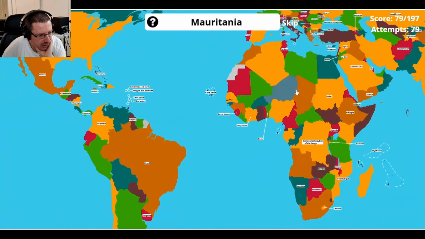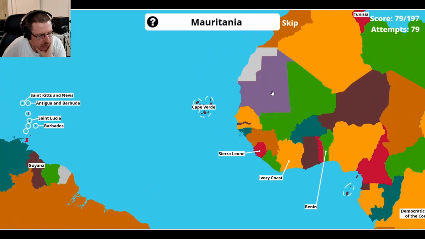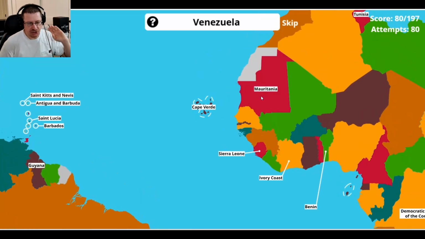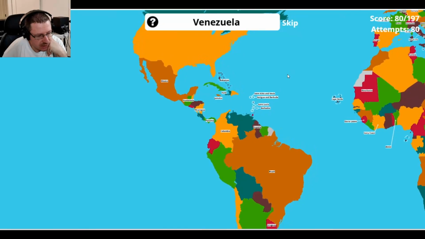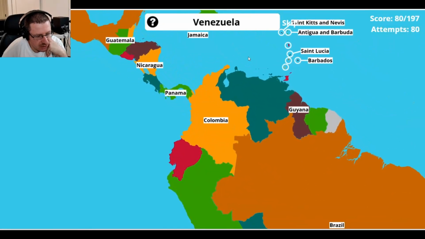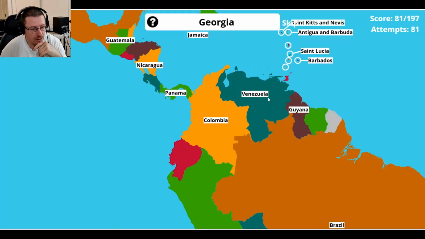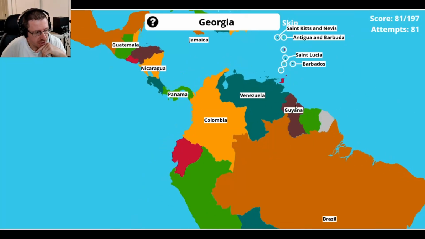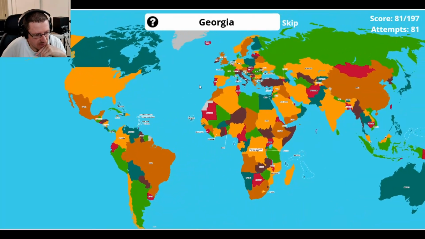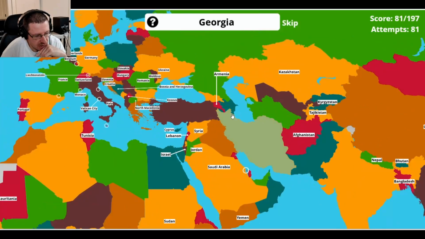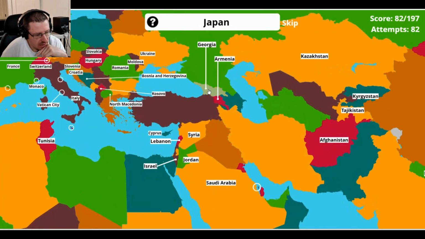Mauritania is right here in Africa. Mauritania. There's one of the world's largest ship graveyards there, like abandoned ships. Venezuela is cool. I want to visit Venezuela. There seems to be a lot of cool stuff about there, but one of the major things of Venezuela is it has the world's tallest waterfall. It's called Angel Falls. Georgia is also another one I believe that is considered Eurasia. Georgia is right here. And they say that wine originated in Georgia.